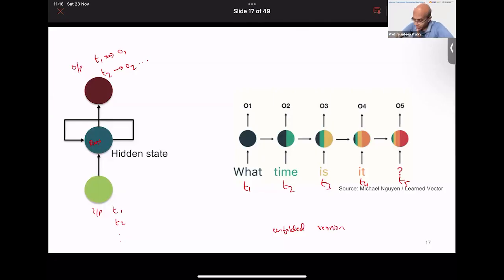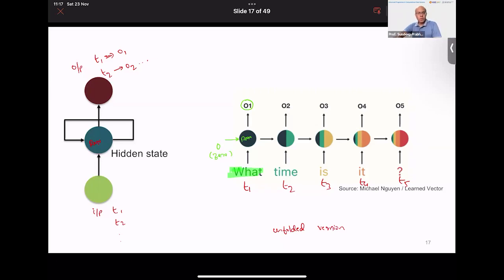At time instance 1, the input is what? What will be again transformed to some vector representation, and that goes as an input. Okay, now you feed that to say this RNN. It does some magic and it gives you some output at time T1, O1. Now, this is our start time, so there is nothing going on, so it will be a 0